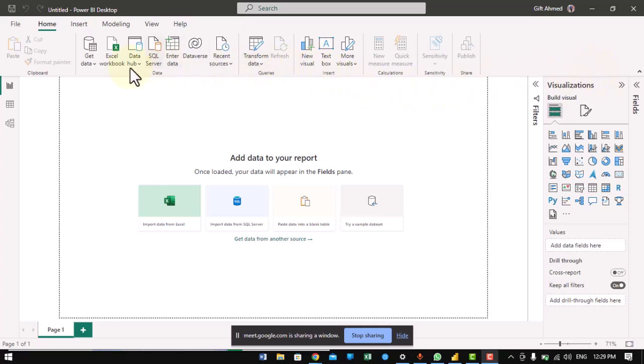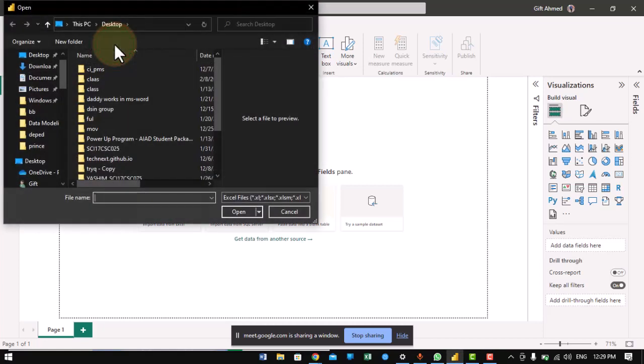Okay. I was trying to recap that we have started off by learning how to import, how to work with Power Query, and today we'll be doing more on data visualization in Power BI. Quickly, for us to do that, we'll click on the ribbon, which is the home ribbon, then click on Excel, import Excel workbook, and then for this class